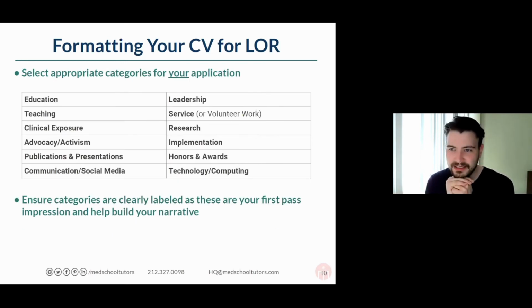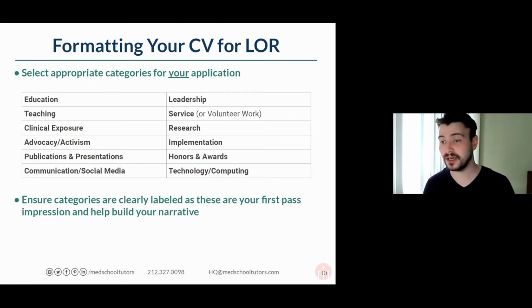So now we have to ask ourselves a meta question. What are the categories we're going to put on our CV? And this is where I want you to go back to that activity that you had done previously where you thought about your themes. And so let's compare some of those organic themes that you came up with to this list. So for example, categories that you might use for your resume to hand to a letter writer to help them think about what should I be highlighting about this person are things like education, leadership, teaching,